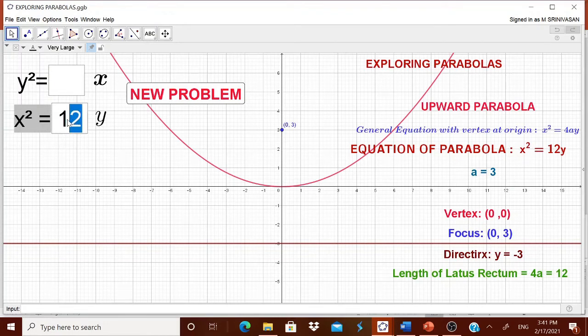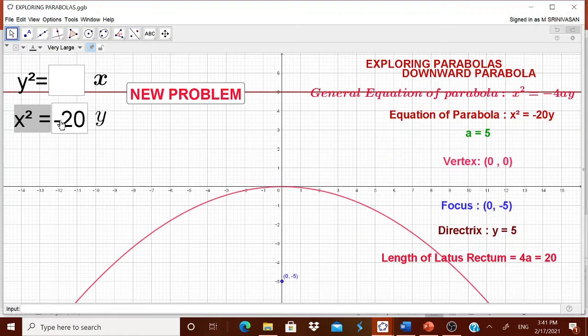Similarly, if he is typing minus 20y, then the downward parabola, general equation, everything will be shown to him. Therefore, if the child has the equation, he can come using this particular worksheet and explore the vertex, the focus, the directrix and length of the latus rectum.